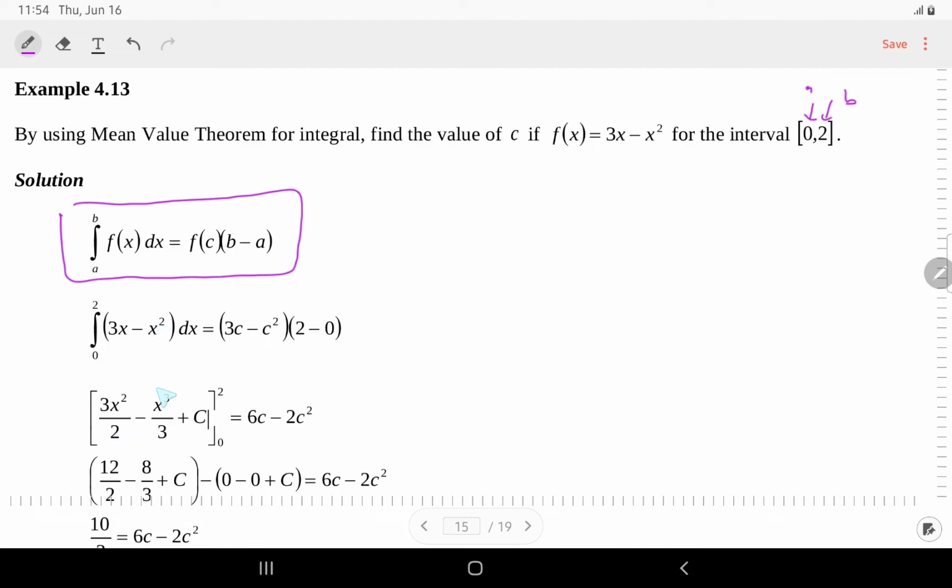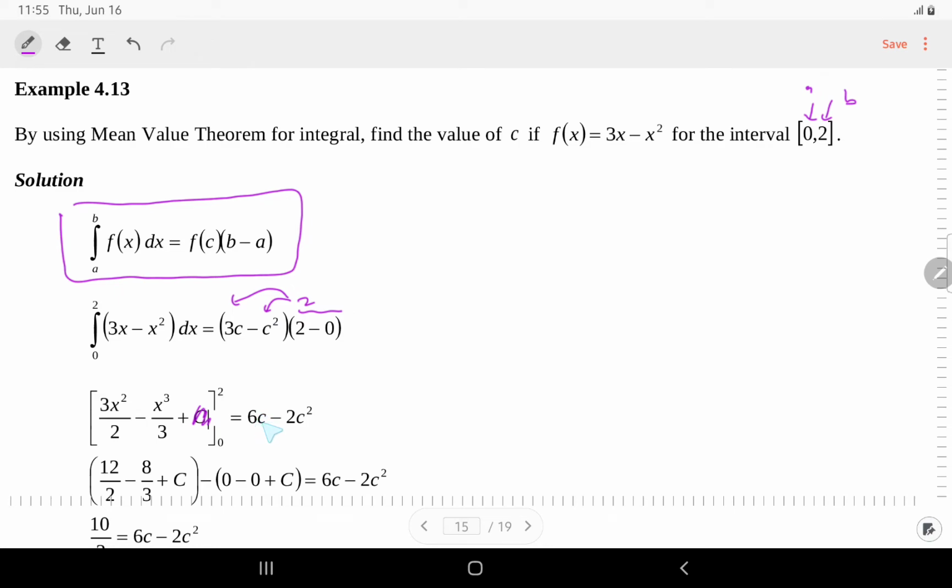Okay, minus x square integrate jadi x cube divided by 3, and then plus C, ni tak tunjuk pun tak apa lah sebab kita ada limit 0 hingga 2. Okay, so yang ni tak tunjuk pun tak apa. Okay, 0 hingga 2, and then right part ni kat sini. Okay, 2 minus 0 is 2. Okay, kat sini 2 lah, and then kita